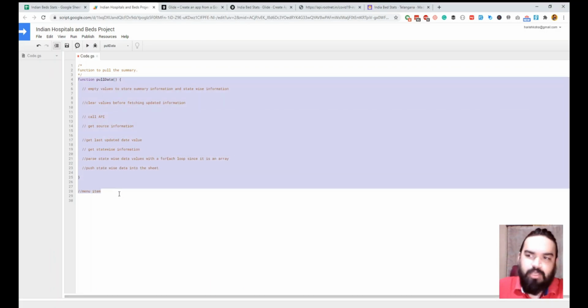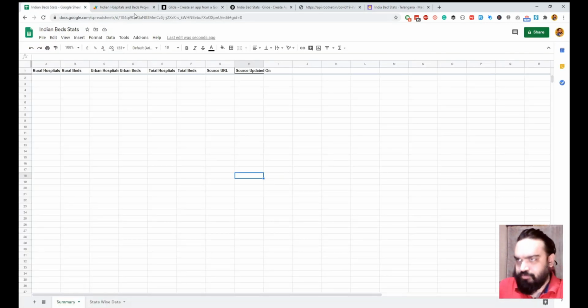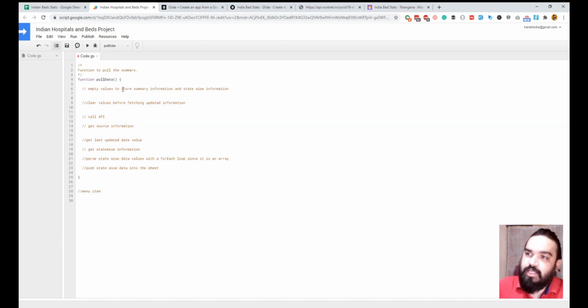It is just one API call, so I'm just using one function. And if you notice, we'll also add a button here which says refresh. Whenever you want to refresh, that is when the API will get called the next time you want to call and update the information. So yes, I've added placeholders just for you to be able to easily understand. So we have one function and then we have one menu item.